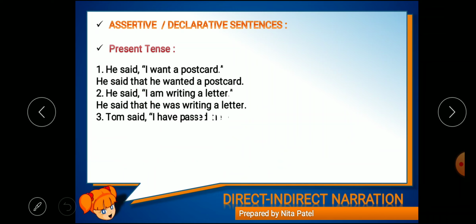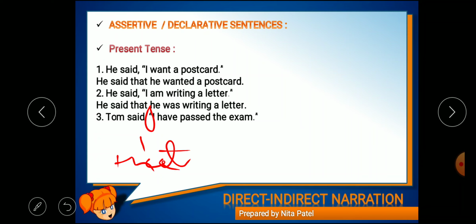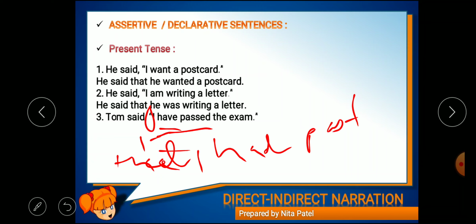Again, next, Tom said, "I have passed the exam." Again there is no object, so we do not need to convert said. Second thing, it is the assertive sentence, so we will remove commas and put that as a conjunction. Then have passed is there, so it is the present perfect, will convert into past perfect. Yes, so have passed will turn into had passed, and I is used will convert into Tom. What is